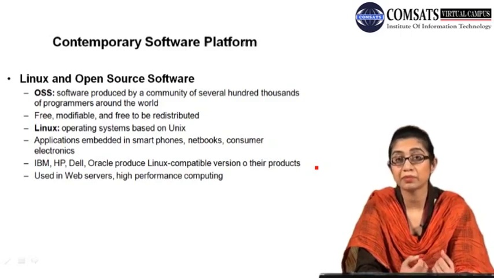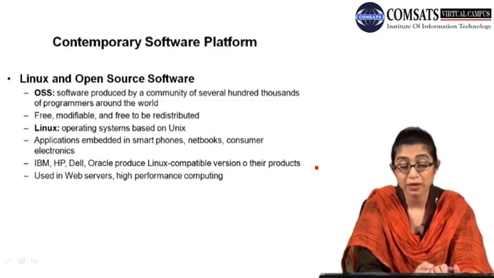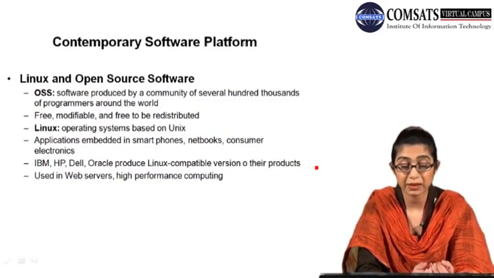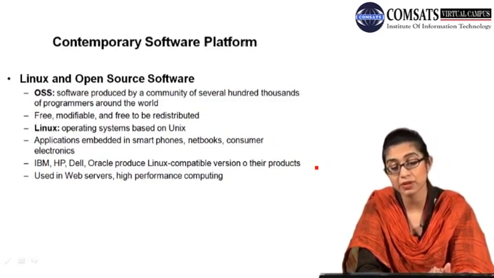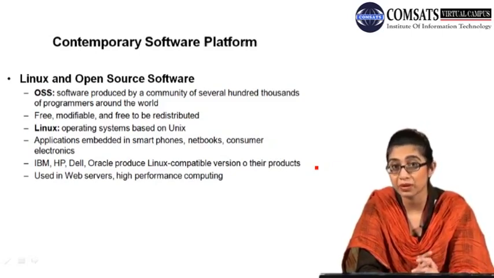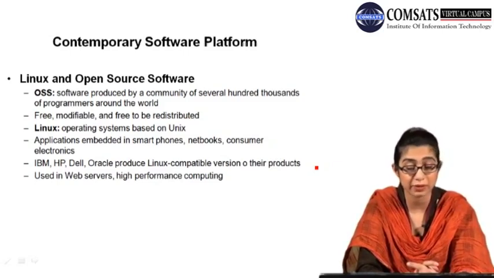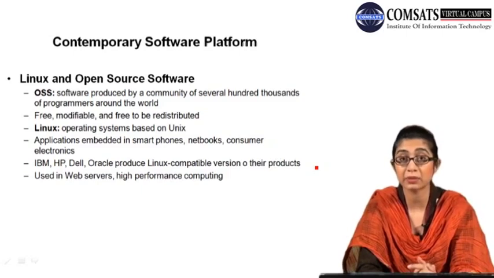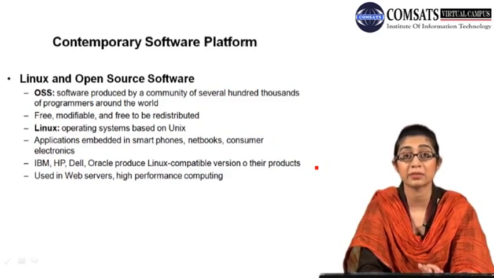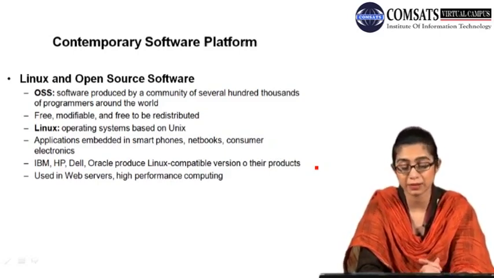Open source software का बहुत basic example is an open source operating system, that is Linux, which is an operating system related to Unix, and its applications are embedded in smartphones, netbooks and consumer electronics. So Linux जो है वो आपका बहुत popular open source operating system है that has been used for a long time now. And now different applications and different companies जो हैं वो उस तरह की applications बना रही हैं that are Linux compatible, जिसको हम कहते हैं, that can run on the Linux platform.